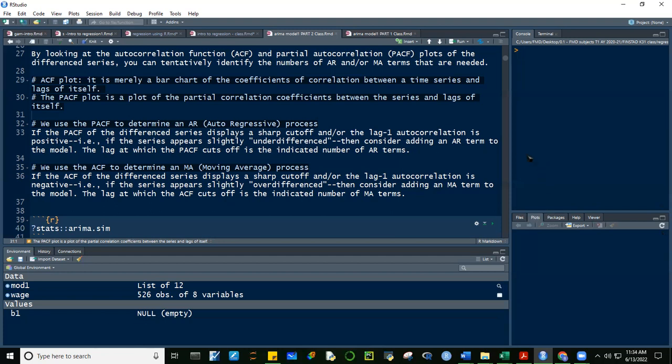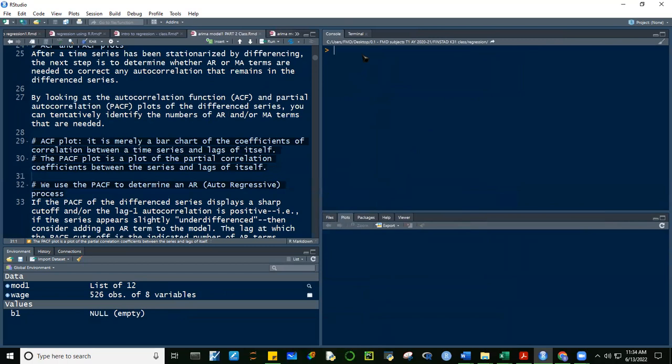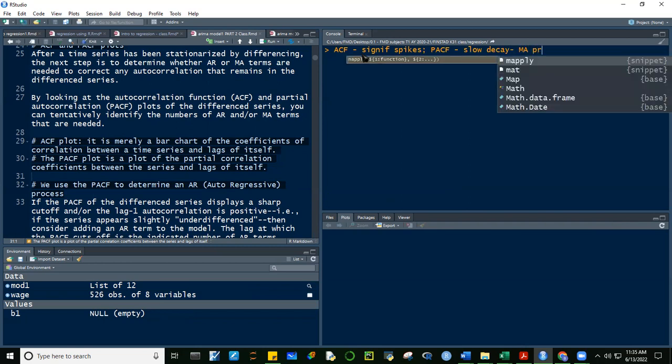Let me write that. No? So again, tingnan natin ha. ACF. Sa ACF, guys, significant spikes. No? May spikes dun sa mga some lags. Tapos, yung PACF natin, slow decay. Alala yung slow decay natin, yung hindi significant spike, yung parang dahan-dahan bumababa tapos pwedeng aakyat, slow decay ang tawag doon. Then this is a signal na MA process yan.